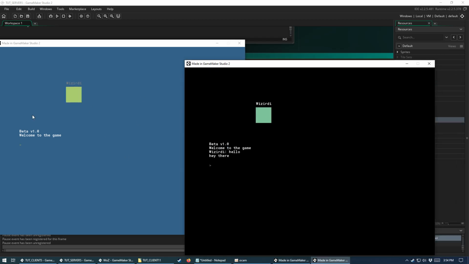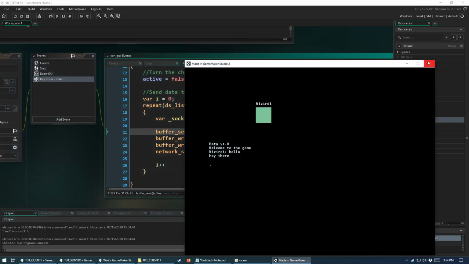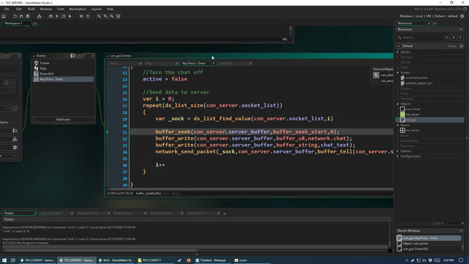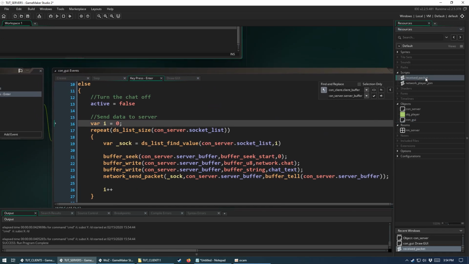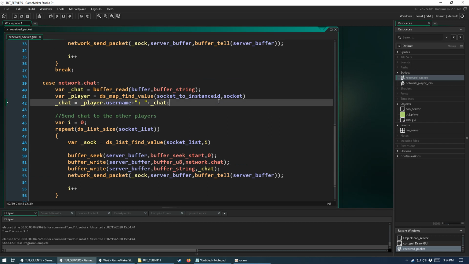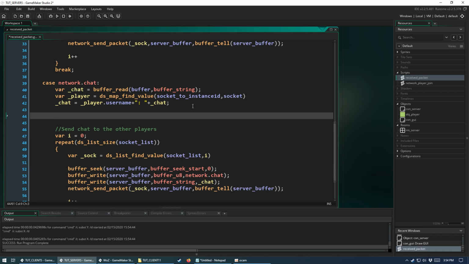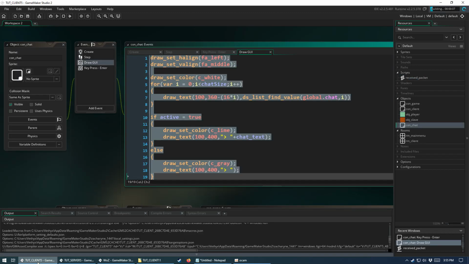Okay, so a couple things we need to change real quick. Let's close this, close this. In our tutorial server, open up receive packet. And then after we add the username to the player, say this: ds_list_insert global.chat position 0 /chat. That will make it to where the server can now see the incoming chat messages because we've got to add it to our DS list. So now if we launch the server and we also launch a client,